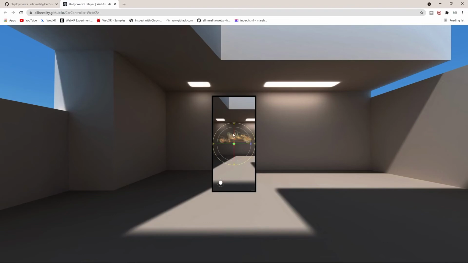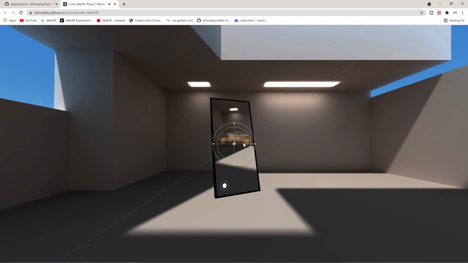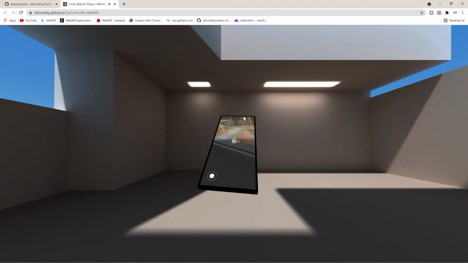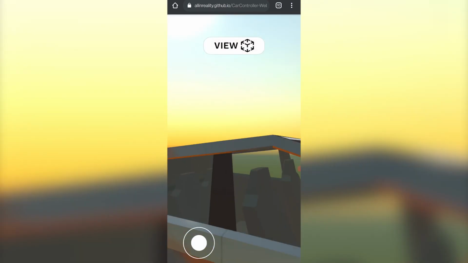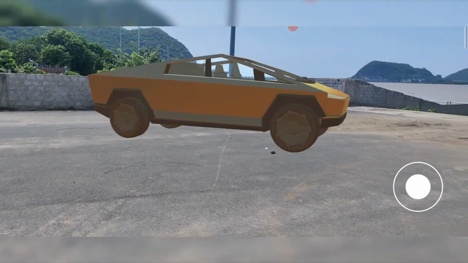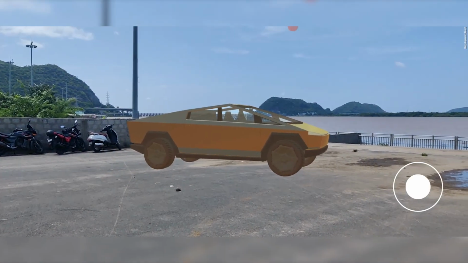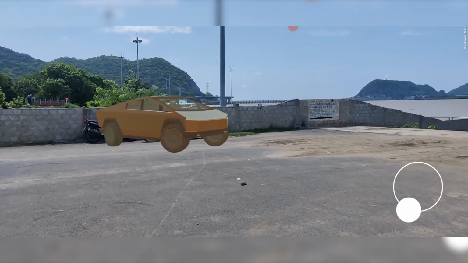You can test that in the WebXR plugin in Google Chrome, or take that link and test it on the device, like what we are doing right after this. As expected, it is working fine.